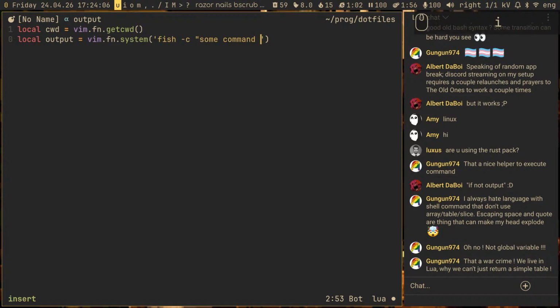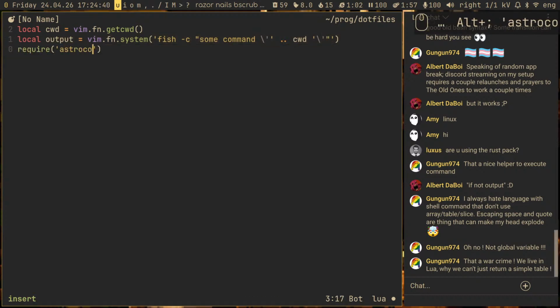Oh, you need to add another thing here, escape it, then this, and then you start another set, you close the inner quote, and then you close this quote. So you have to do this quote bullshit here, while in the